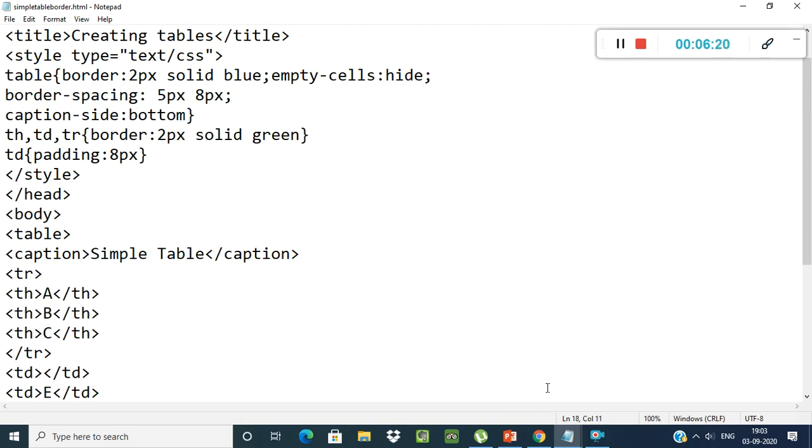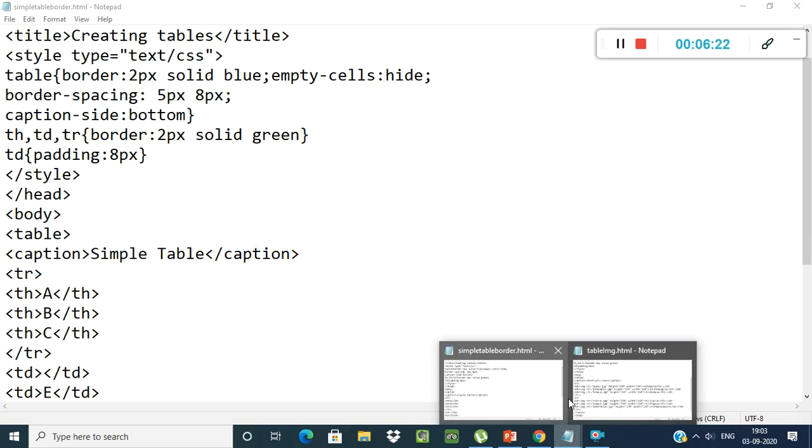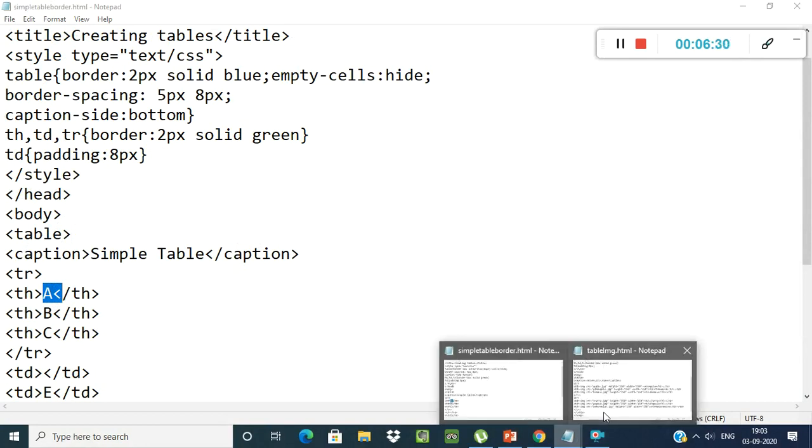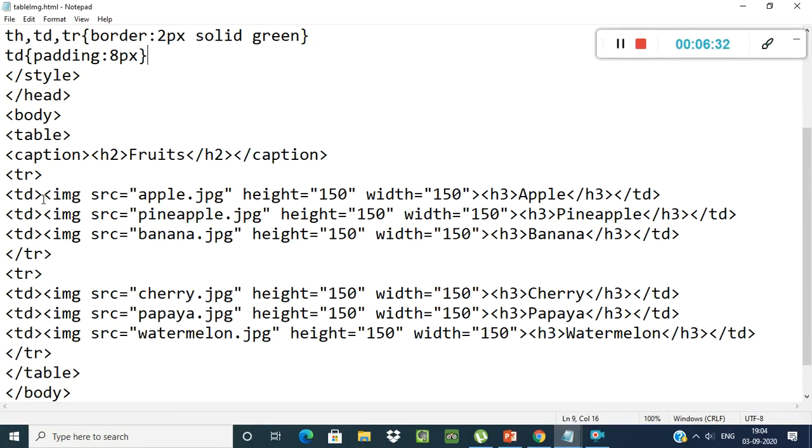After this, instead of this heading, instead of this ABC, you need to type here the image tag. See, the caption tag is the same as it is. I will put here an extra heading tag, so my heading will be in bold format.